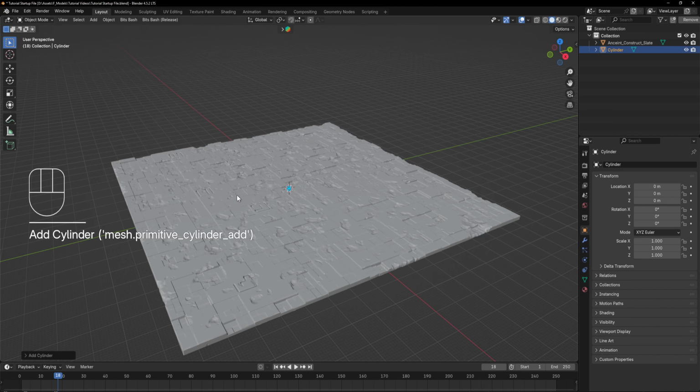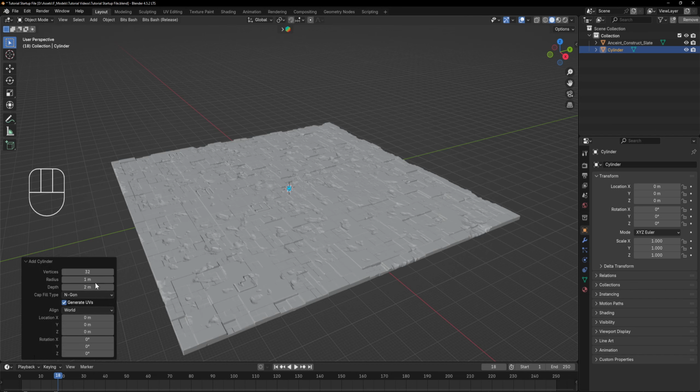And immediately after adding it, you have to be careful to not do anything else because there's a tiny pop-up down here that's hidden. And if you click on it, it shows you a lot of information about the cylinder, the radius and the height of it. The radius and the height are not important right now, but the resolution, this vertices here, is the resolution of